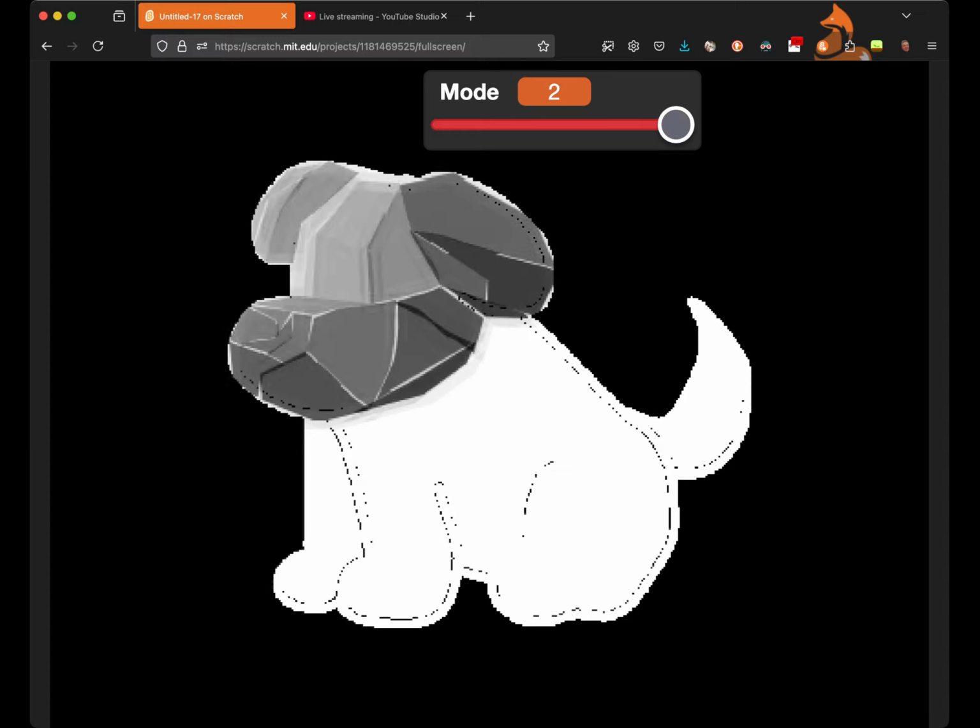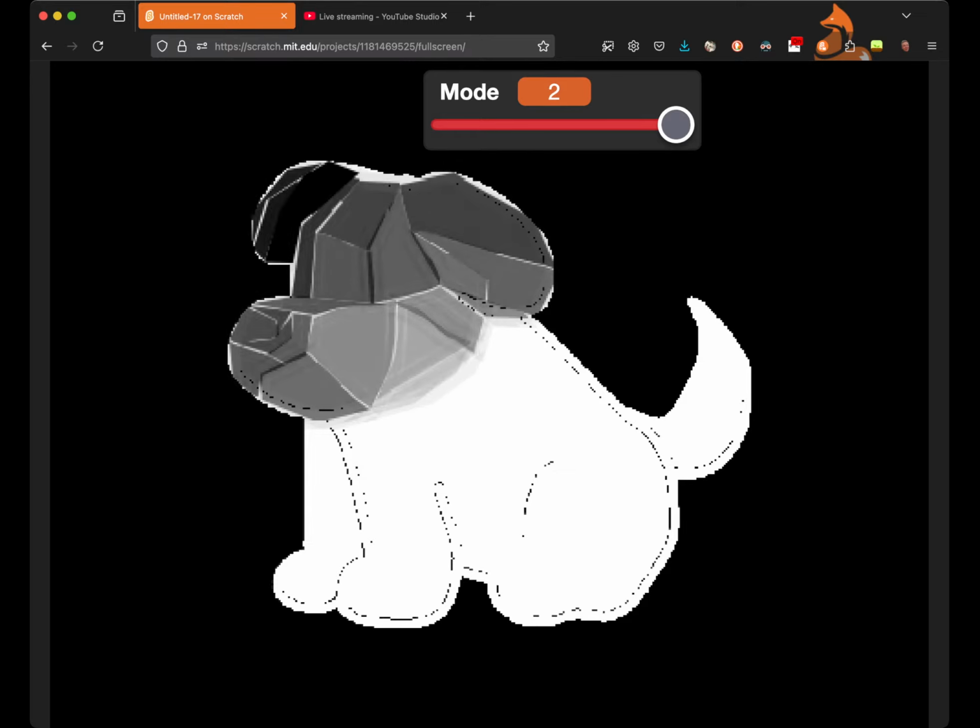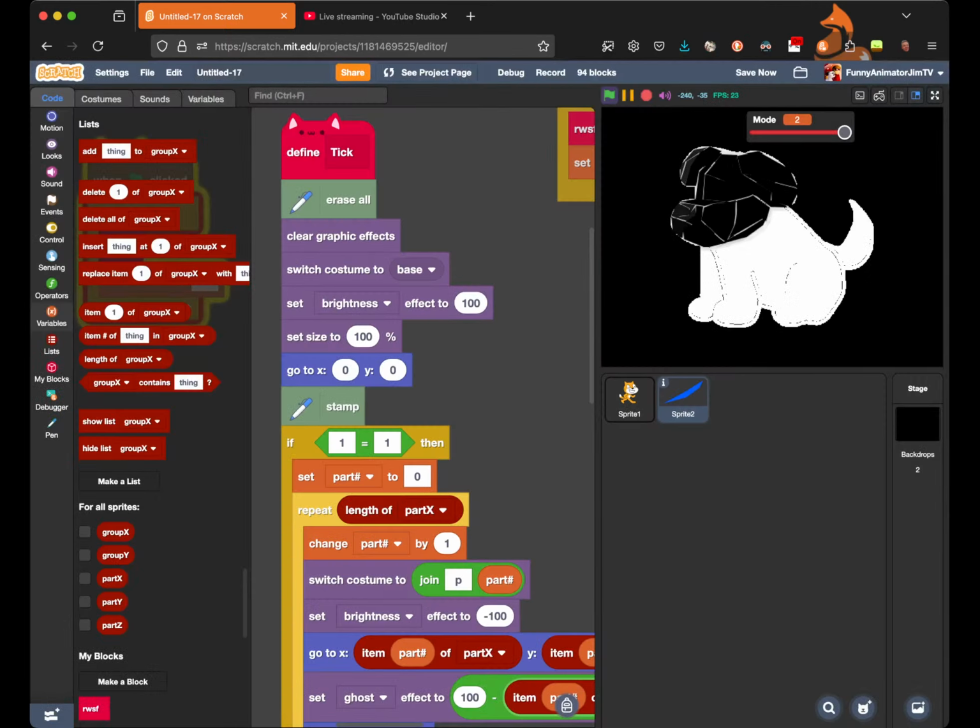The light source is actually not a light source. It's just the default is black and then they're ghosting out. So if I make it blue again like this,